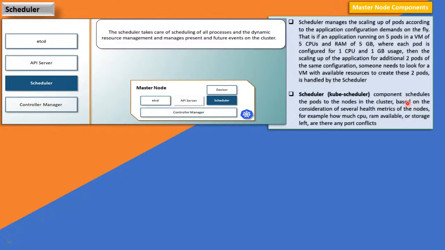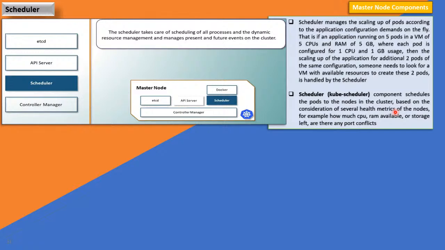This component schedules the pods to the nodes in the cluster based on the consideration of several health metrics. There will be several health metrics on which it will judge whether to put that particular pod into that particular node. If that node is too busy, or too many hits are happening, or rather 80% of CPU is occupied and 80% of memory is already in use, I will better mark that